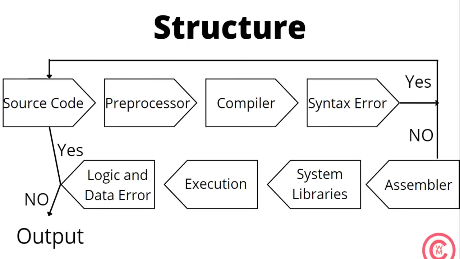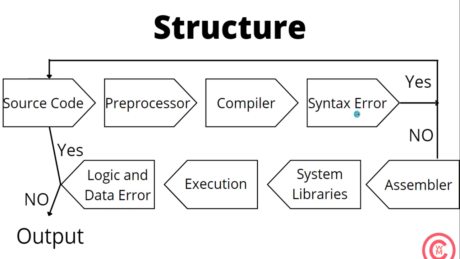Now see the structure of the code. It is not only for the C programming language, but it is suitable for all other languages as well. It is a basic structure. Okay, so source code is the one which you are writing in the tool to execute the task, and the preprocessor is the one which is present in the tool. It will check the code which you are writing, and then it will compile, and then it will check for syntax errors. So syntax error means